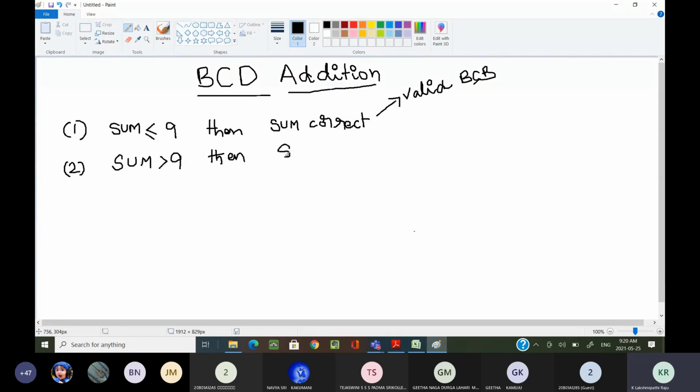The sum is incorrect, and it is an invalid BCD. In this case, case 2, invalid BCD number.